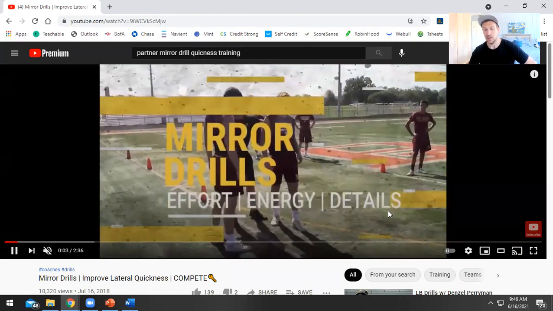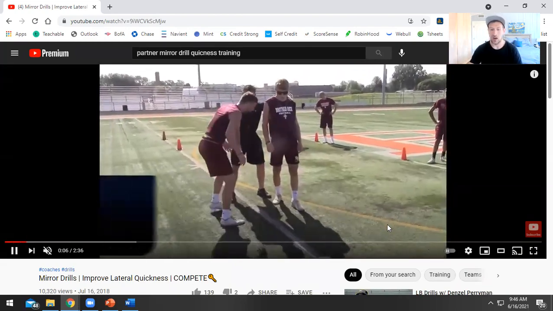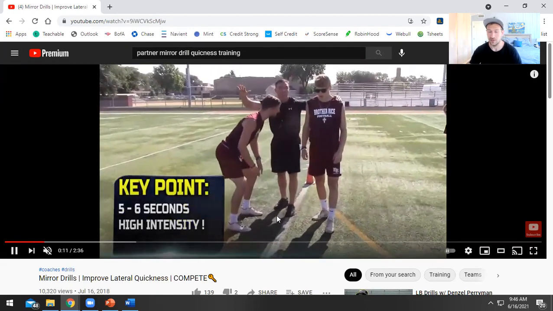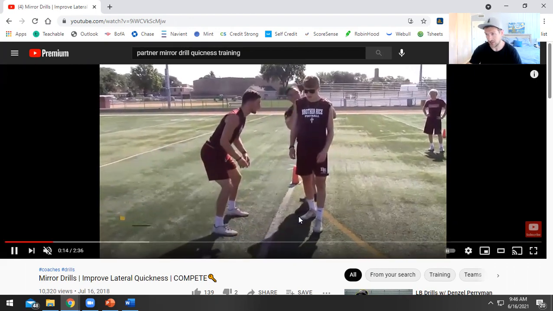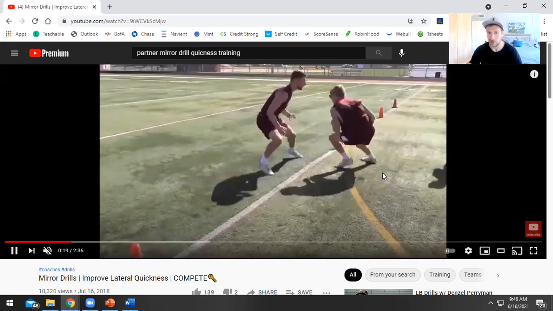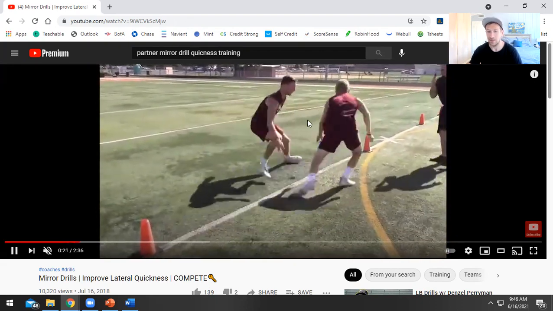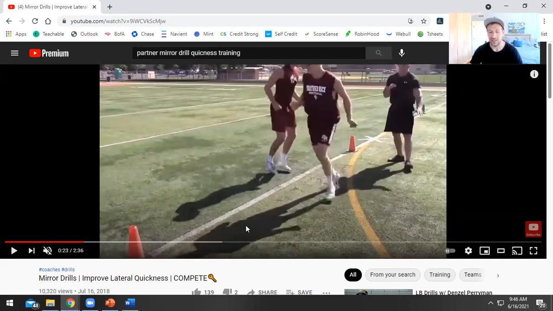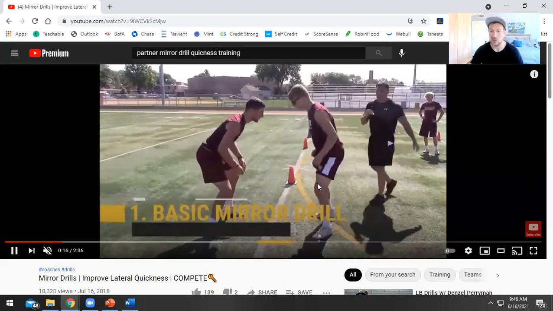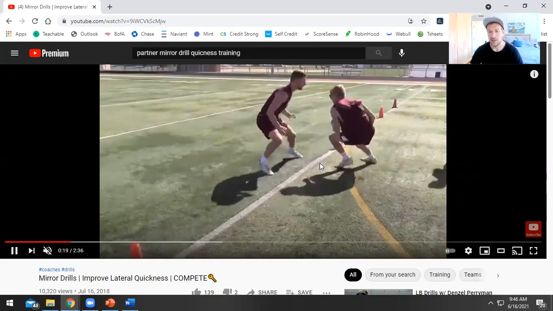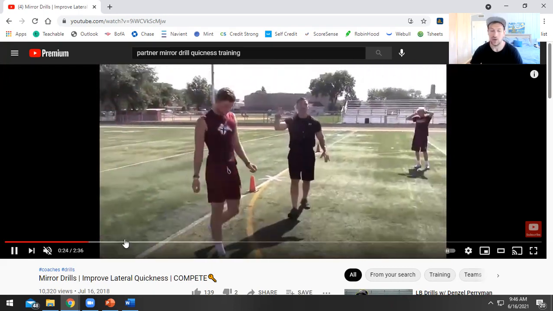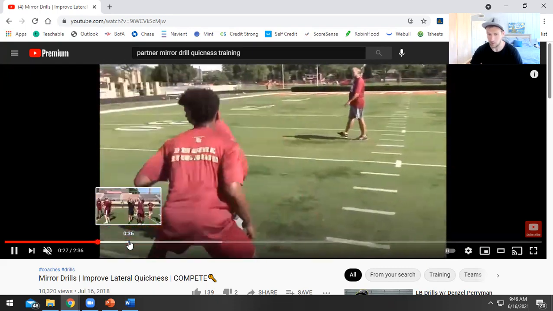So what's going to happen here is both of these athletes are being instructed to run. One of them is the leader and one of them is the follower. The leader knows exactly what they're going to do, right? They're making a choice. But the partner has no idea what direction they're going. So they're just trying to keep up, right? This guy here is clearly leading the drill and he's trying to juke this guy off, right? So he is performing as many jukes as possible. He's trying to lose him, right? And he doesn't know what direction he's going to travel in. He's just trying to keep up. That's a partner mirror drill. Okay.